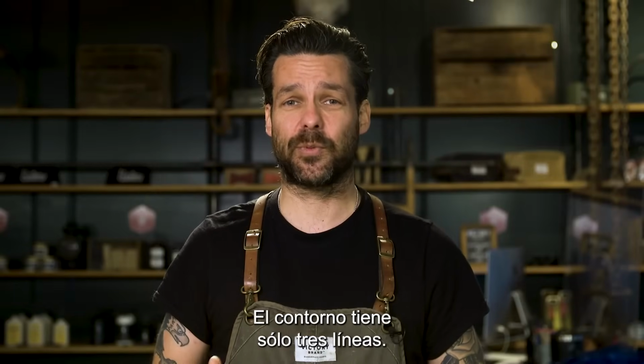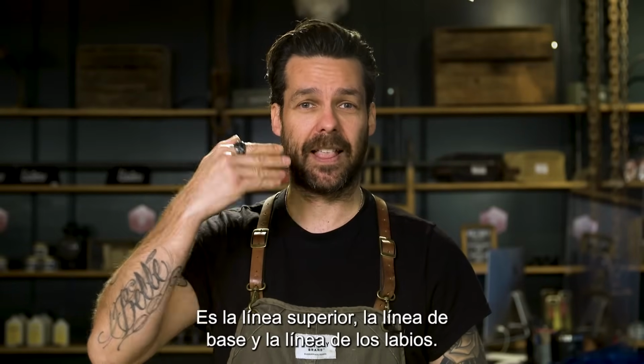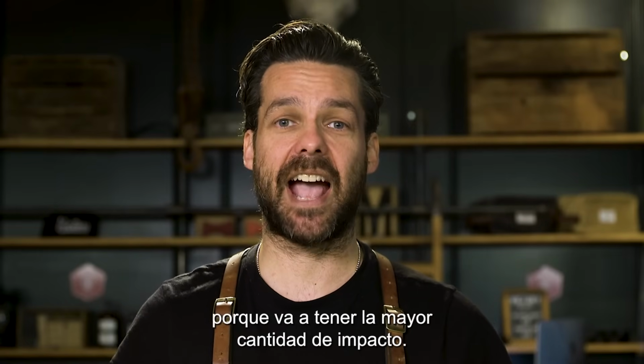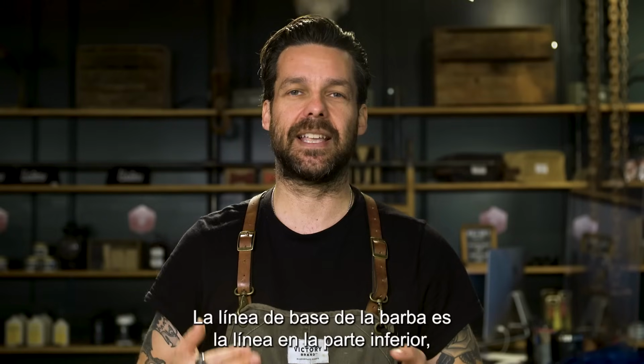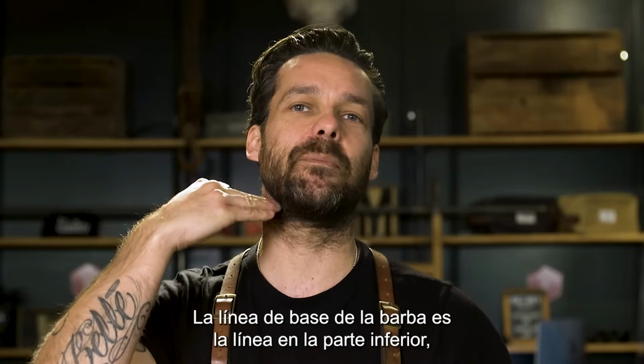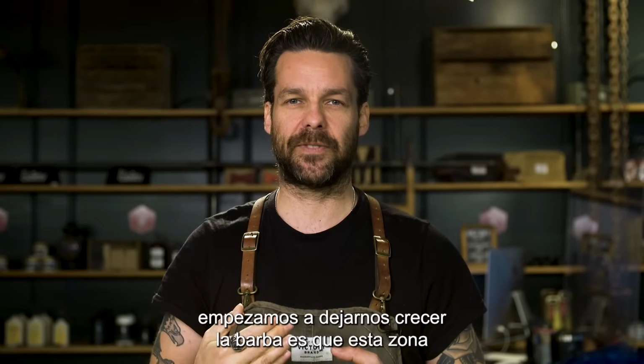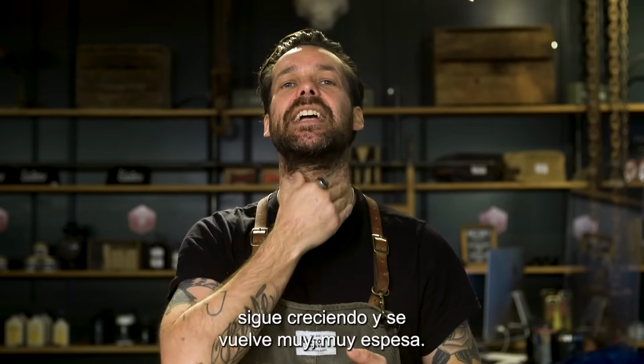The outline is just 3 lines. It's the top line, the base line, and the lip line. So let's start with the baseline because it's going to have the highest amount of impact. The baseline of the beard is the line at the bottom that kind of echoes the shape of your jaw. One of the things that happens when we first start growing our beards is that this area keeps growing and